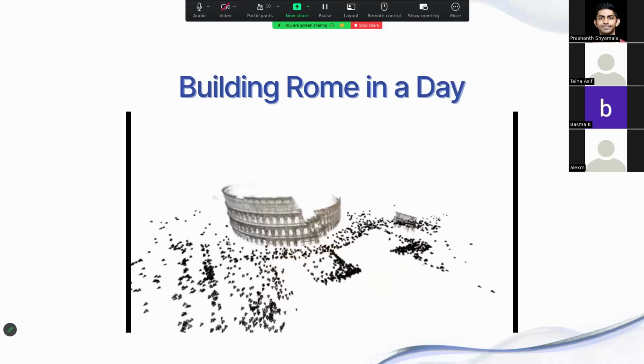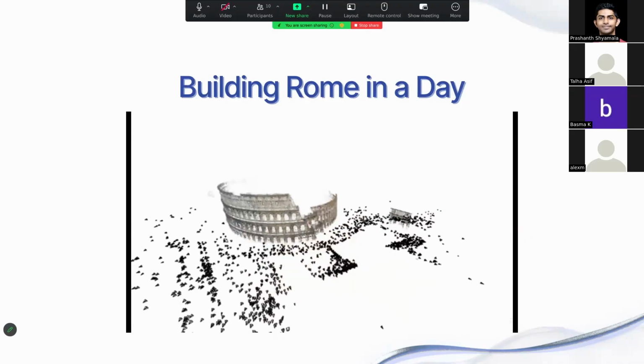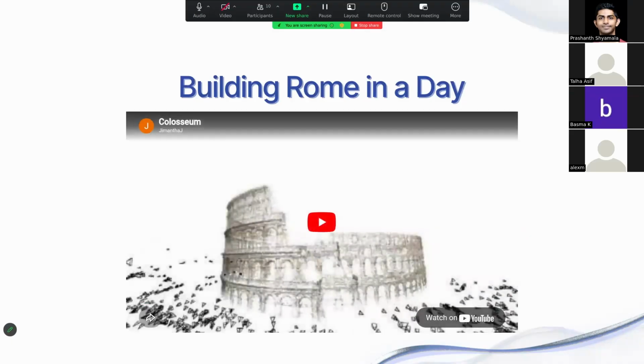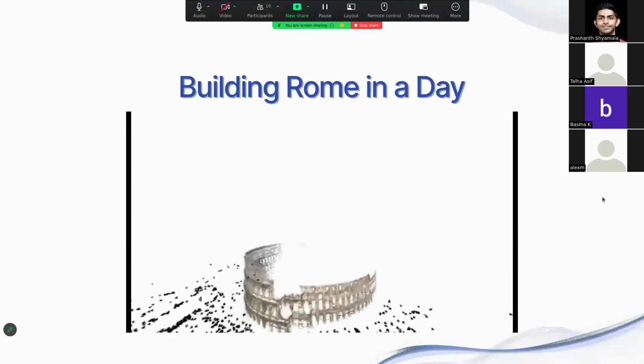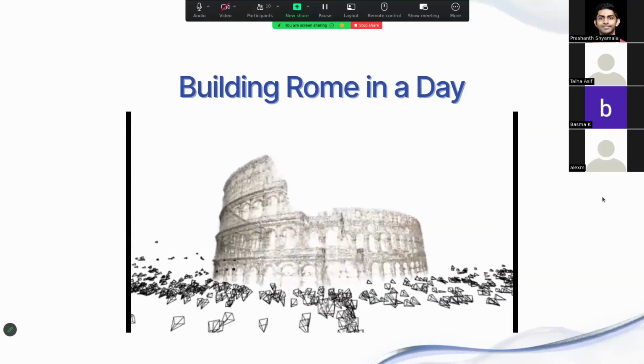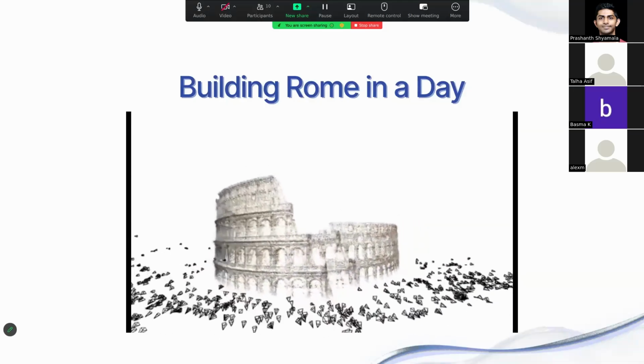And obviously the Colosseum is a very well-known structure, right? So there's a bunch of pictures online. But all these pictures are not calibrated. They're randomly taken from random angles. So how do we construct a 3D mesh of the object from these multiple pictures? And essentially they ran the same algorithm as before, and they get this high quality point cloud of the Colosseum,